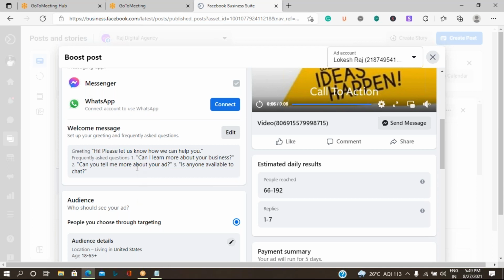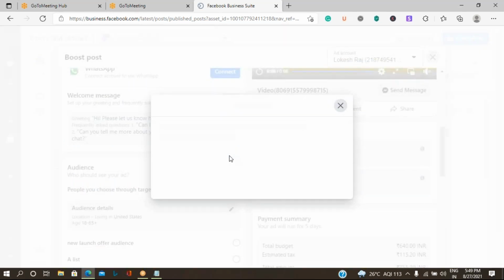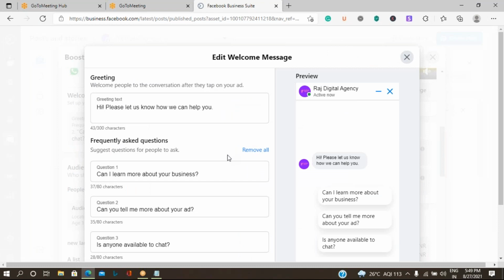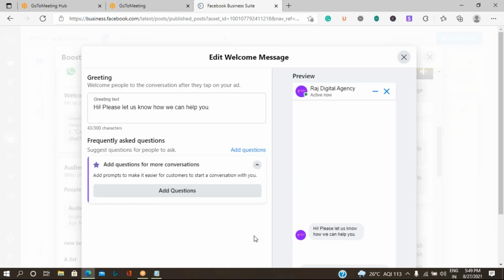The next thing is, what should be the welcome message? You can edit it over there. Whatever message you want to add, you can add it here. I've added only the greeting text.